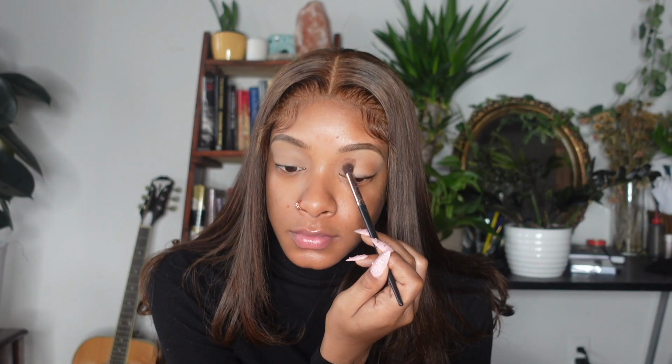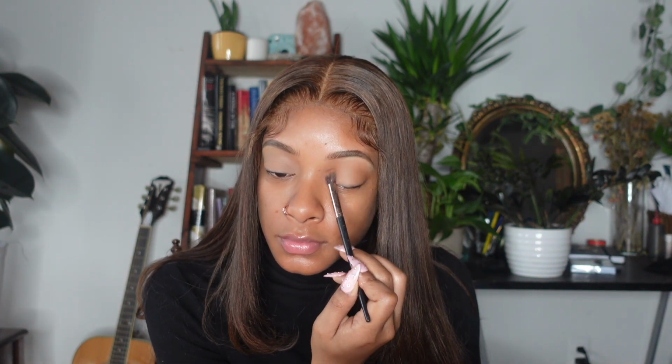So of course I'm going to prime them with my primer base, and then I'm taking a nice warm brown and just putting that in my crease. I didn't want to do too much because I like to look good and natural, so definitely put that brown there. And then I took a shade that was really similar to my eyelid after it was primed up,